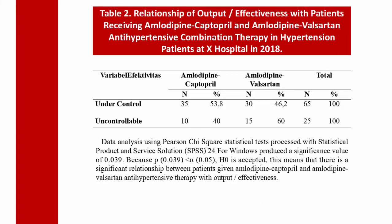Effectiveness is the success of hypertensive treatment to reach the blood pressure level toward the target after the patient gets antihypertensive therapy. Effectiveness is obtained by calculating the number of patients who reach the target blood pressure divided by the number of patients using the therapy. Based on the table above, the patients with the most controlled blood pressure were those receiving amlodipine-captopril combination therapy, as many as 53.8%